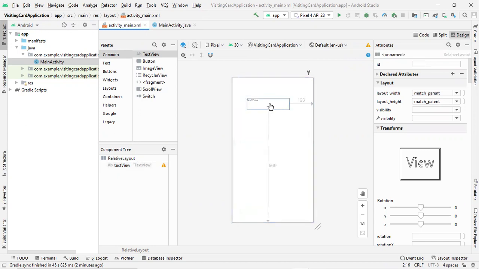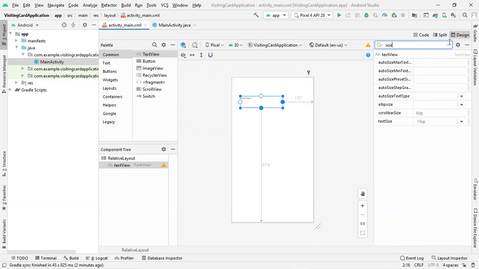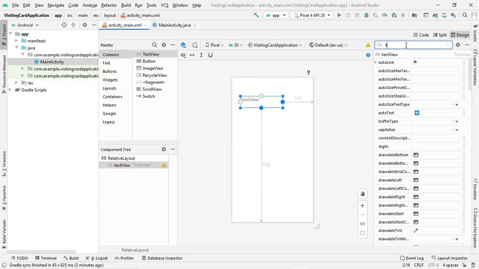So this is my text view. I'm dragging and dropping wherever I want my component to be. So let me place my component in this particular place. Let it be here. The company name will appear here. I need to make sure that it appears in larger text, so I will change the size. When I click on the component, I will go to the size attribute. This is my size attribute. I will change the size to the maximum extent possible. Let me change it to 36, or let me make it 24. Now I'll go to text. I need to rename the text.